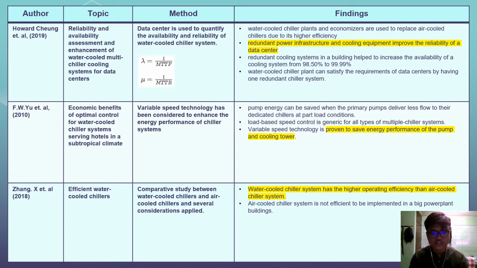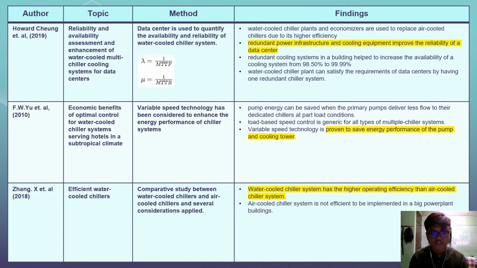The study is carried out by using the constant failure rate and the steady state availability of data center cooling equipment from the field and calculating the availability of the entire system with different numbers of redundant equipment and distribution headers. From this paper, the authors found that redundant power, infrastructure, and cooling equipment improved the reliability of a data center, and it increased the availability up to